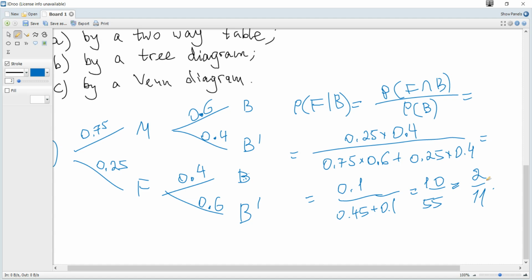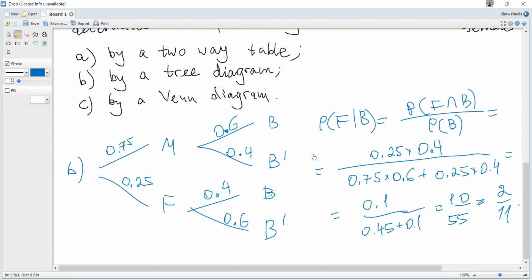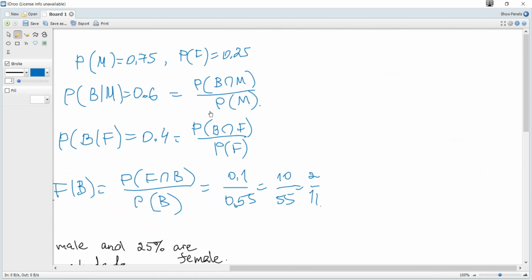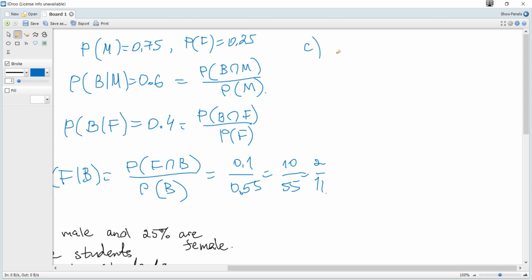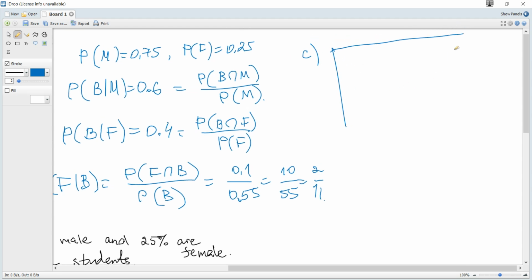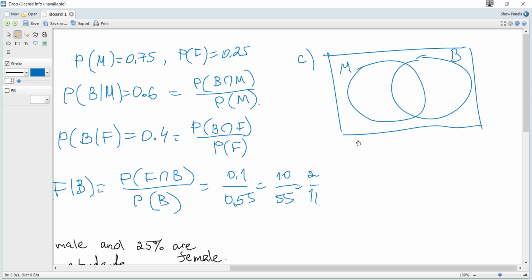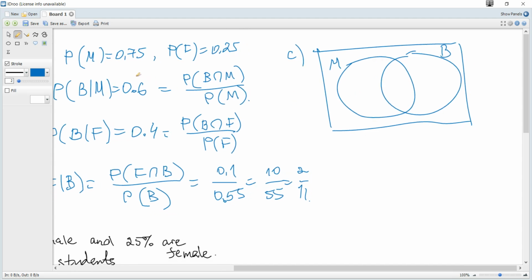And let's see it by a Venn diagram. By a Venn diagram, it looks like this. We consider two events. Let them be male and bike. Hence, not male is automatically female, and bike, not bike, is automatically not bike. So it is given, and we need formulas, and it is given probability of male,